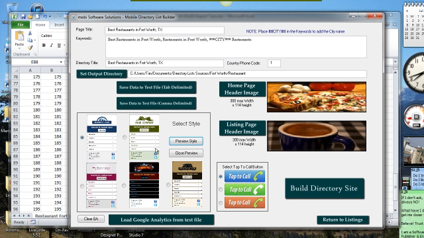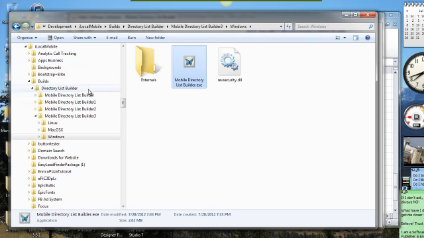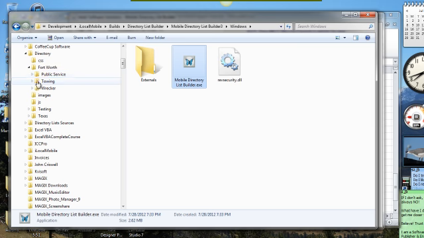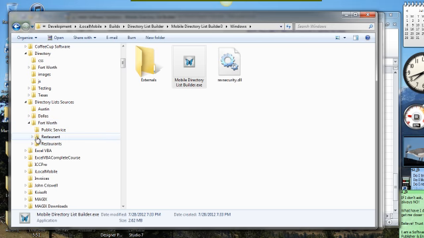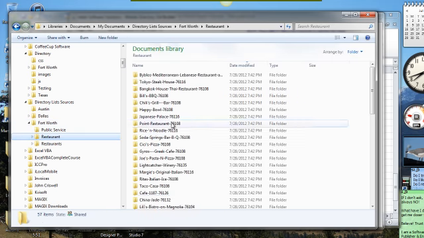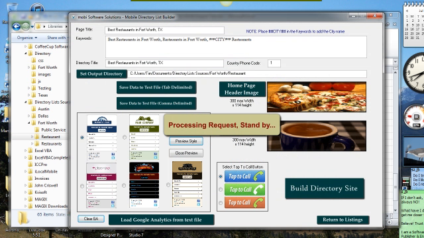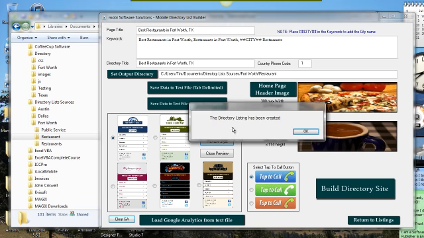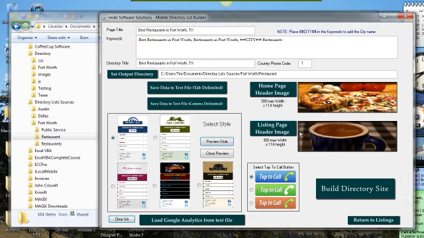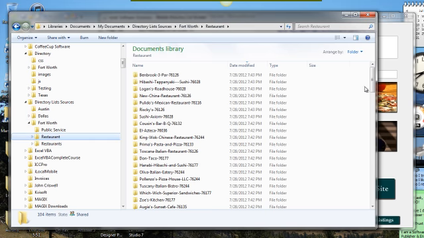So we're all set here with all our settings. We're going to hit the build directory button, and it's going to go out and actually build our directory. I believe it's going into this one. It's going into this one. It's going here, and you can kind of see it working. We had about 100 on that list. It's going to take less than a minute, and now it is finished building our directory,